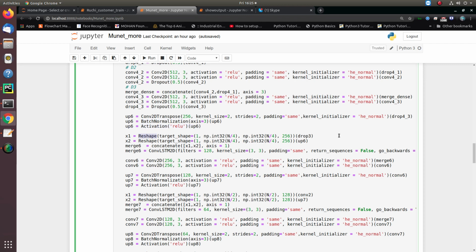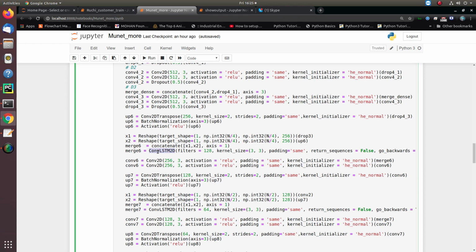Concatenation is used to combine all the useful features we get after downsampling and upsampling of the image. After this concatenation, we apply the latest method available in Keras, convolutional LSTM 2D.